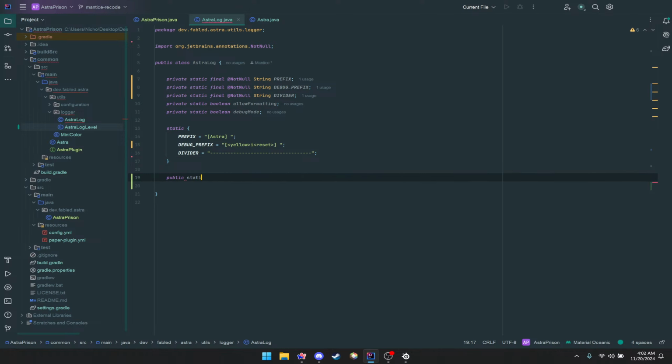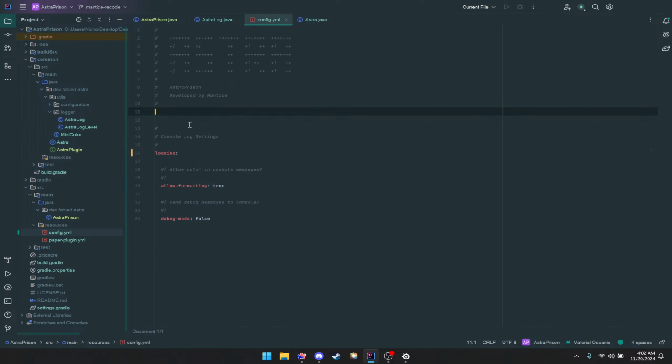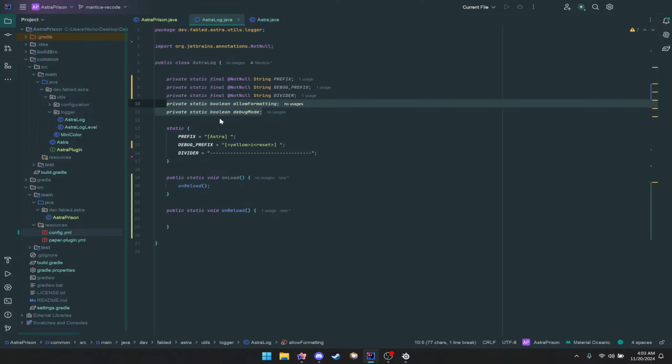So public static void onLoad and public static void onReload. This load method will just call the reload method, and the reload method will determine what these values are depending on our config here. First off,